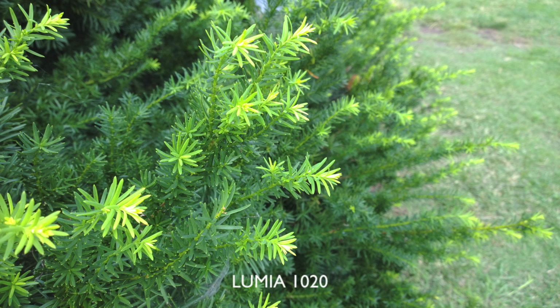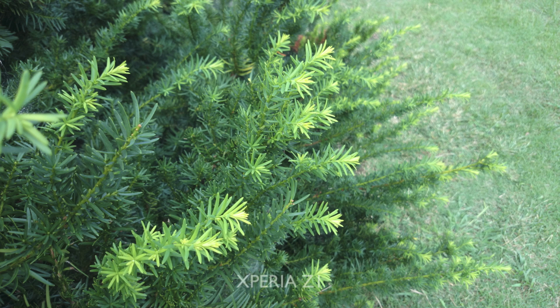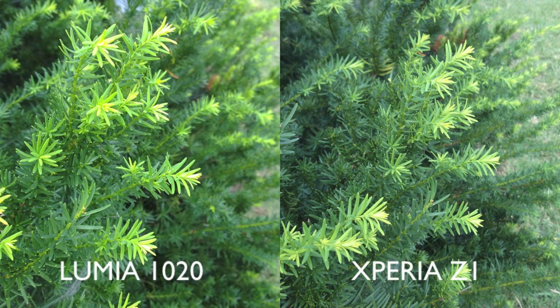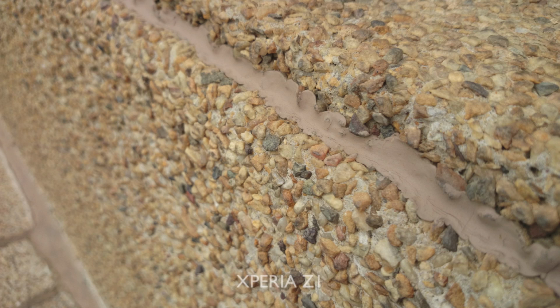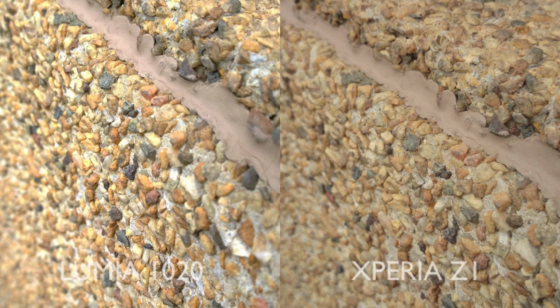And the Lumia has been known to kind of oversaturate the colors here on this bush, and it's doing the same. And the Z1 has more muted and more natural colors. So when you look at them side by side, you can see how saturated the colors are on the 1020, but some people like that look. And this is pretty much the same thing of this stone here. It seems to be brighter and more colorful on the Lumia 1020, but it's definitely not as color accurate as